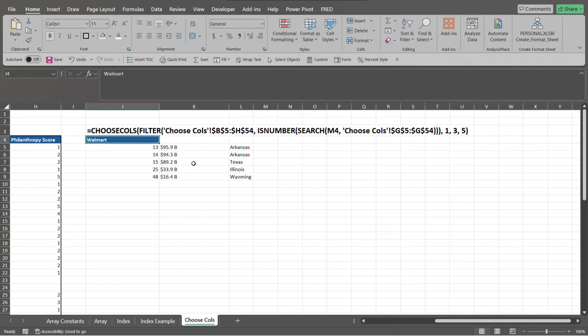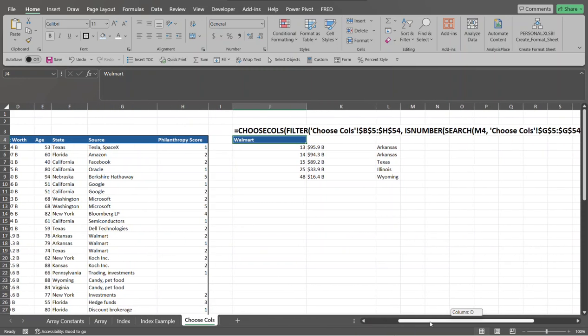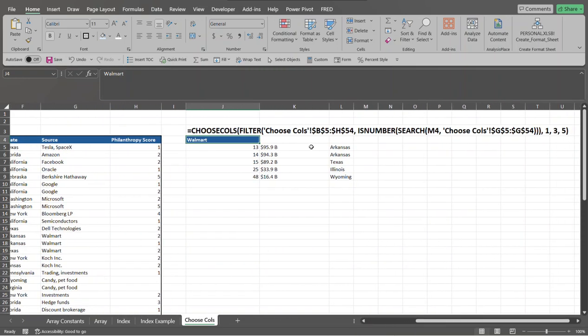That's where isNumber comes into play. And then we pass that as the second argument to the filter function. And the filter function is going to return the values that